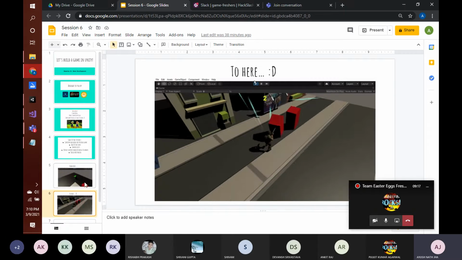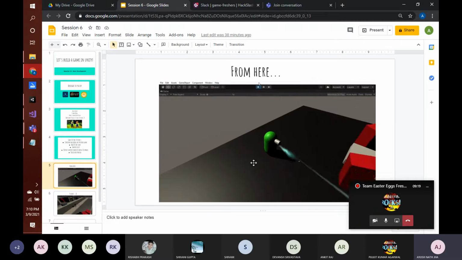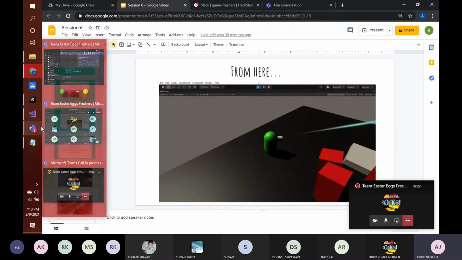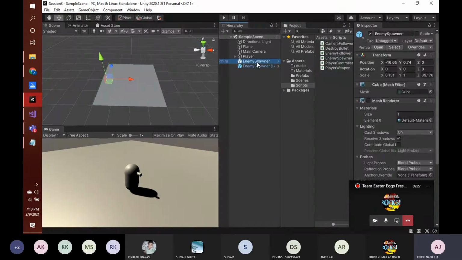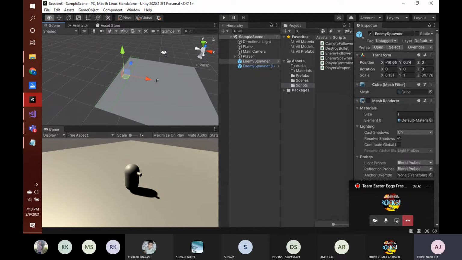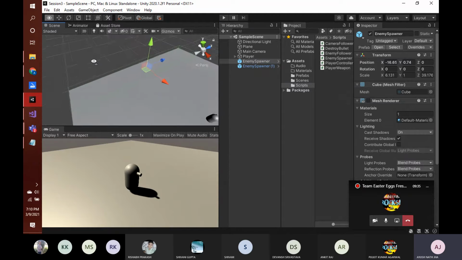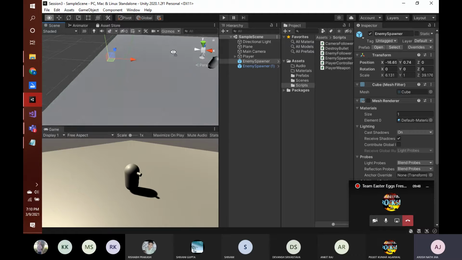In the last session we had built our spawner. Now let me remind you what our spawner was. If you click on it and look, you can see that this box, we first created a cube, then disabled its mesh renderer, and then used that box area to define a bound, and within this bound we were instantiating enemies during runtime. And we used a simple logic for generating enemies.